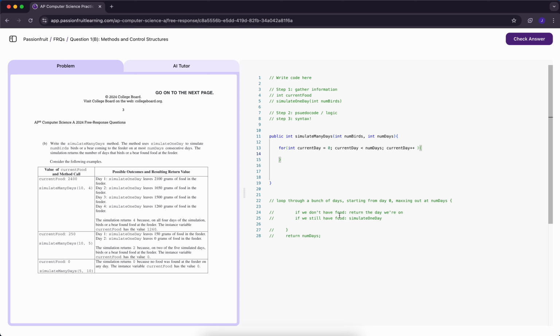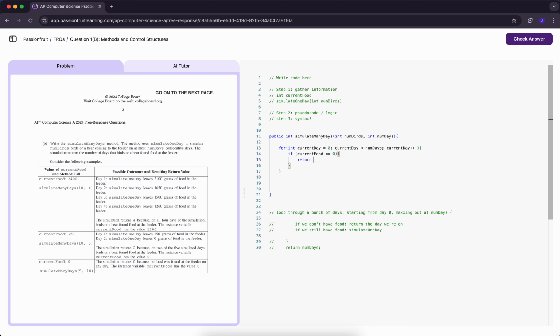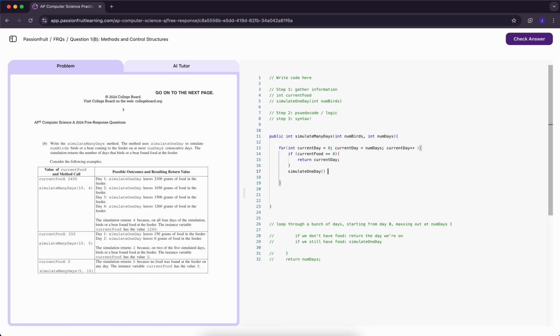Boom. All right, what's next? If we don't have food, return the day that we're on. So I'll say if current food is equal to 0, then we return current day. All right, and then if we still have food, then we can run simulate one day. Now, interesting thing here is that we don't actually need an else statement or another if statement. We can just do simulate one day